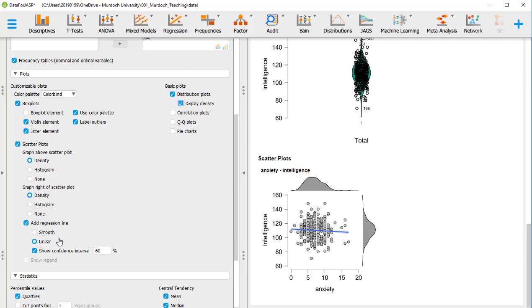And we can get rid of that, and we can get rid of the gray area. Now, regarding the densities, instead of density, we can have a histogram. So this is the graph above the scatter plot. So I put histogram instead of density, and we have a histogram here, but still have density there. So if we want to have the same, we put histogram in both. So we've got now histogram also here, or we can have none